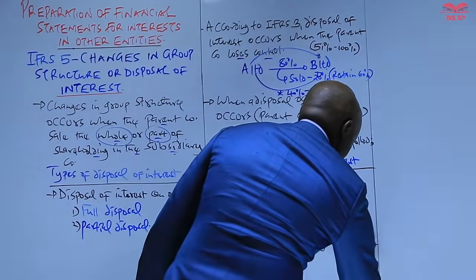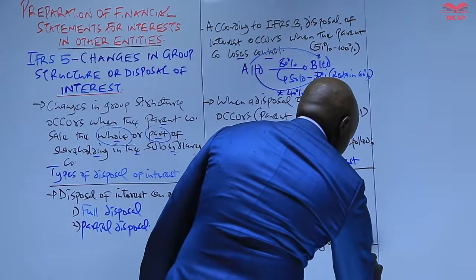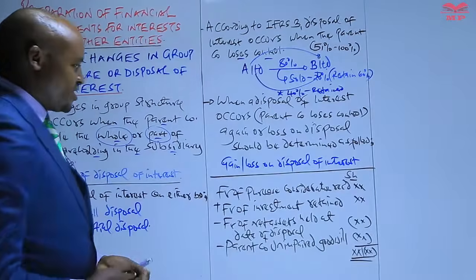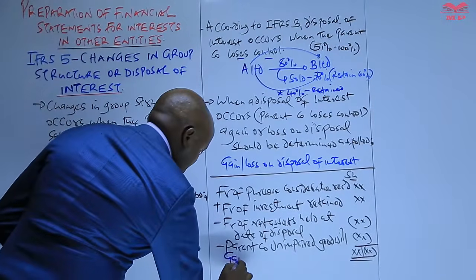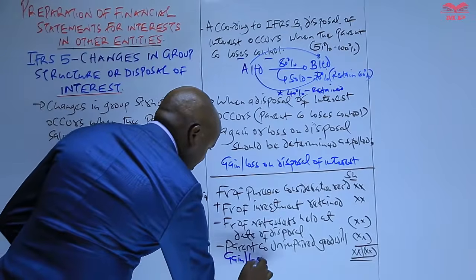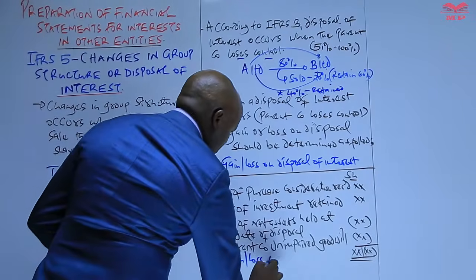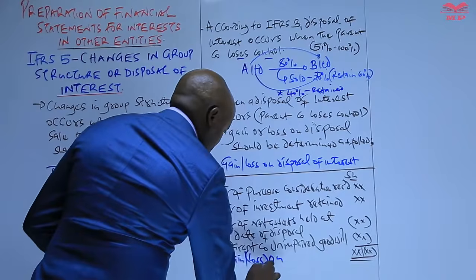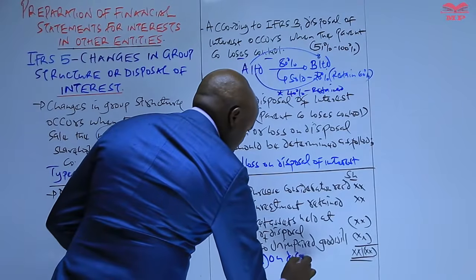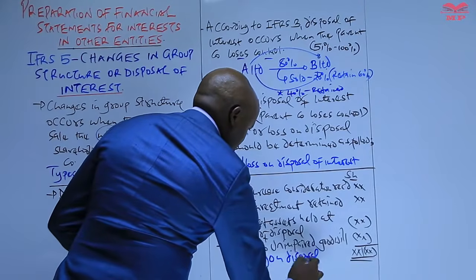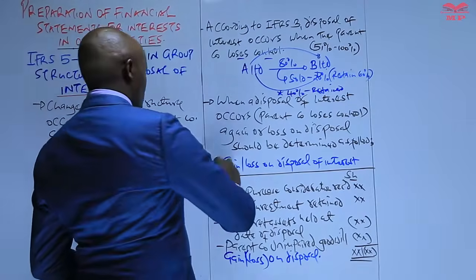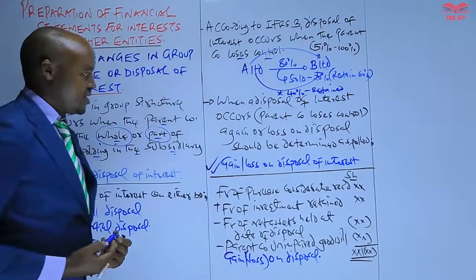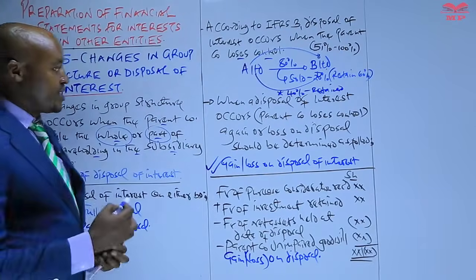An impaired goodwill. And after deducting those two figures, we can get a positive figure here. If a positive figure, that is a gain, but if a negative figure, this is a loss on disposal. Yes, so this is basically how the gain or loss on disposal is determined anytime the parent company has lost